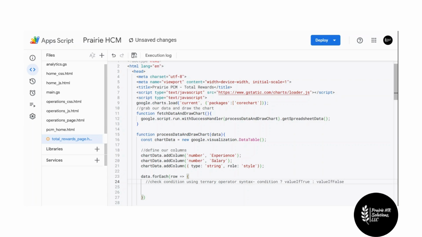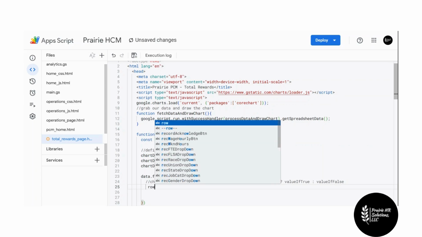So what we can do, instead of writing this whole if and else statement, is we can simply look at our row gender. Let's look at our row gender here, and we can essentially do something like this. Row, let's see, it'd be row gender